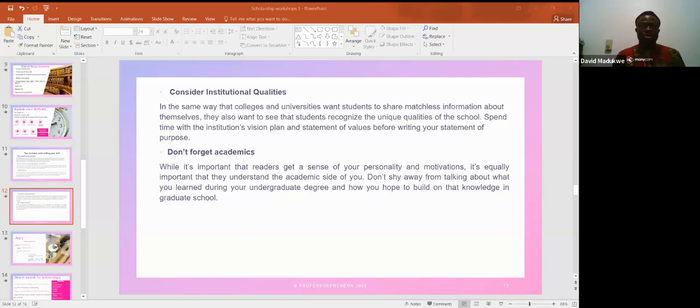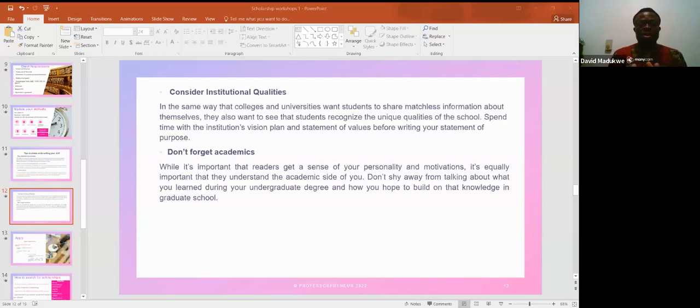And one of the ways is by applying to many schools, because you don't know the school that will accept you. You don't know the school that will say, yeah, this is what we are looking for. So if you apply to a limited number of schools, to the best of my knowledge, it deprives you of opportunities to get many admissions. And it's better to get many admissions from different schools and then consider the one you want to go to than maybe being left with only one or even nothing.